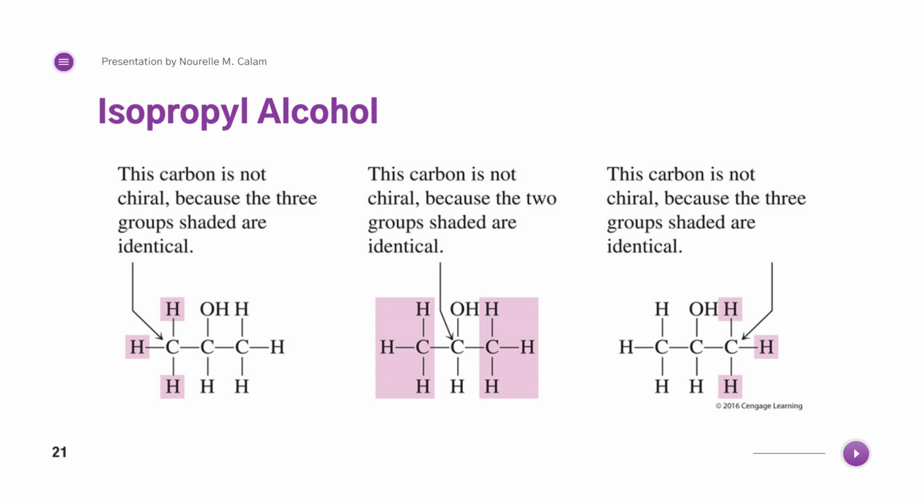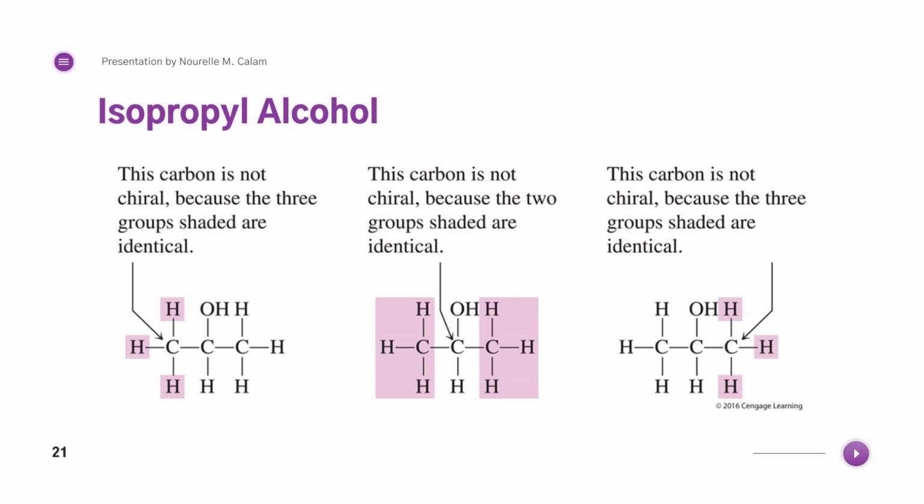CH3 on the left side, also CH3 on the other side. Now how about the third carbon atom? Let us try to determine if that carbon atom is chiral or not. Now this carbon atom is still not chiral because the three groups shaded are identical, the same way as the first